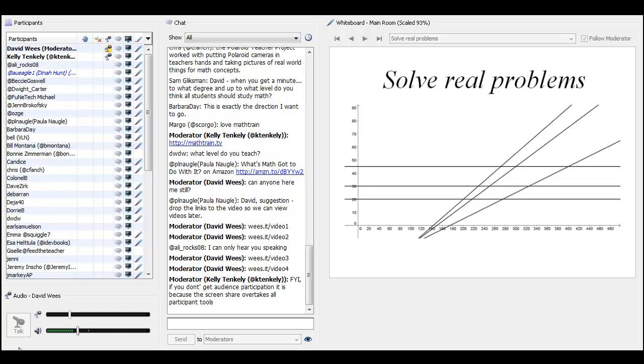Now the horizontal lines here are basically the cost of the cell phone plan initially per month, and the lines in an angle here represent the costs of the cell phone plans after you exhaust your minutes. You have to start paying per minute for the cell phone plan.